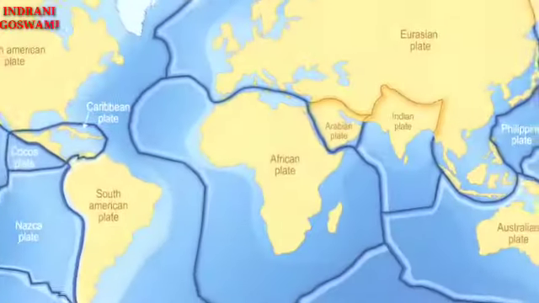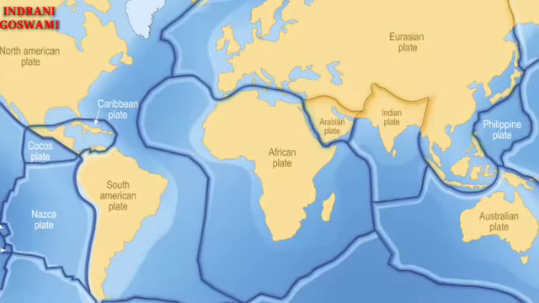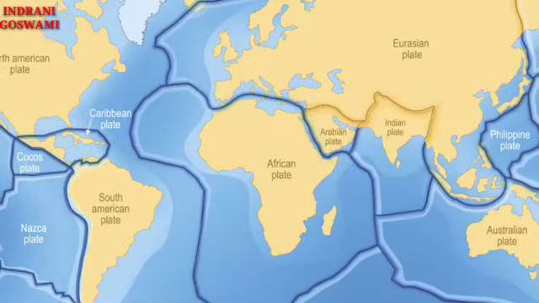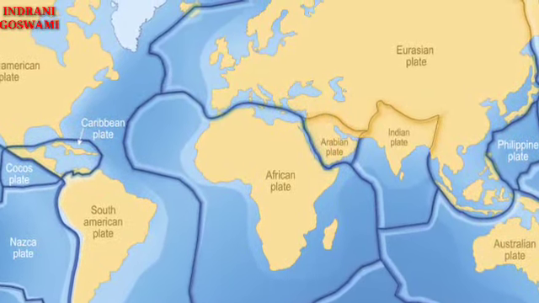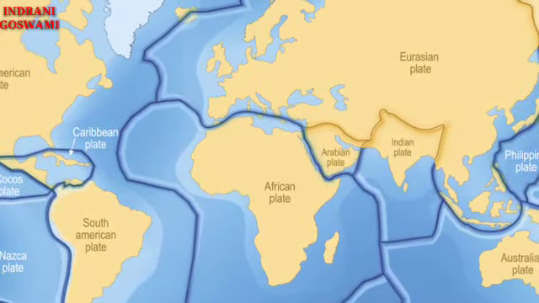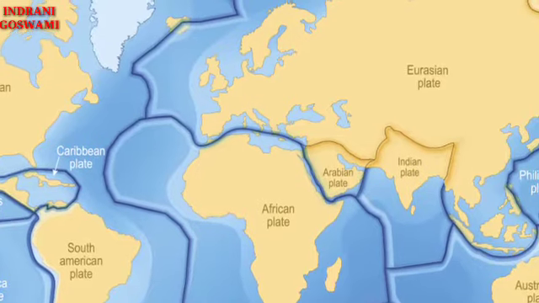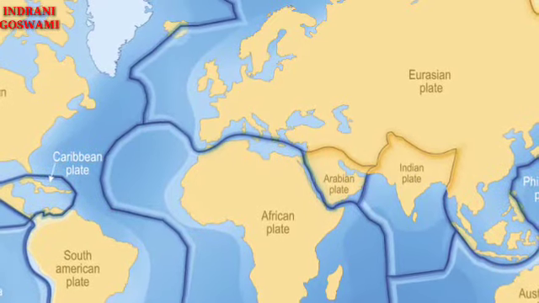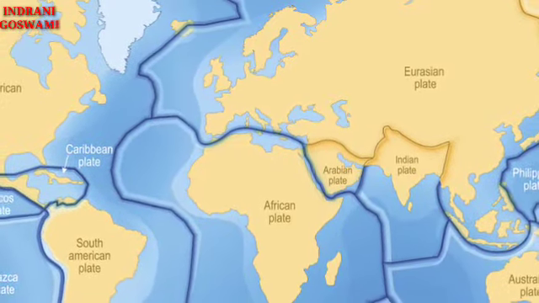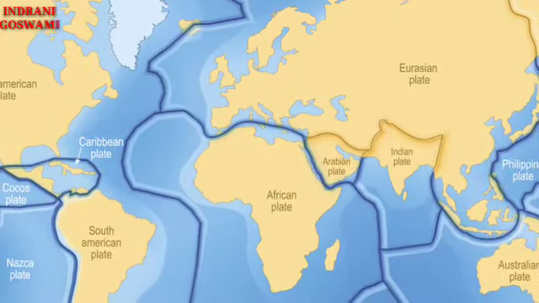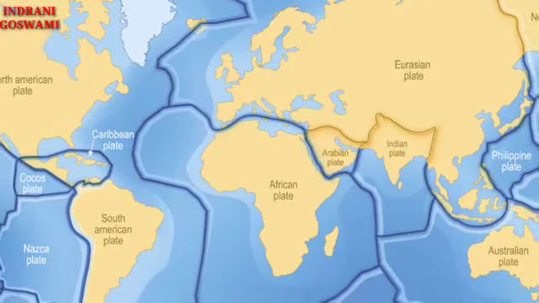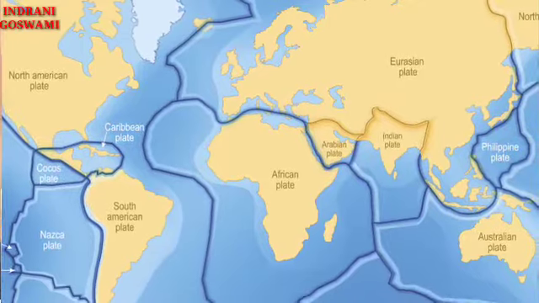So first we need to learn what are these plates. Obviously these plates are not those tea plates, right? The rigid lithospheric slabs or rigid and solid crustal layers are known as the plates. Basically the plates float over this asthenosphere. The individual plate may include the continental and the oceanic crust.